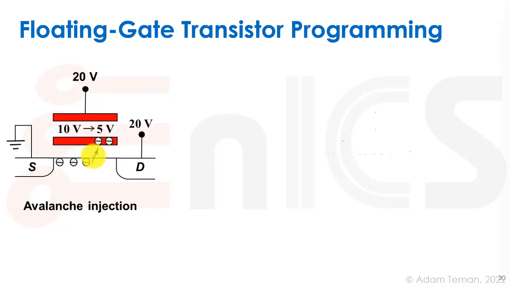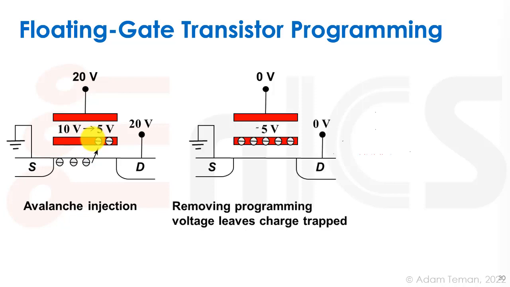What this is going to do is turn on the transistor. It's going to cause a lot of current running through the source and the drain with a high field on it. And what's going to happen now is that a lot of these electrons are going to jump over the potential barrier, the oxide, and they're going to get stuck on the gate that's in the middle here. They're going to keep on getting stuck there until we change the